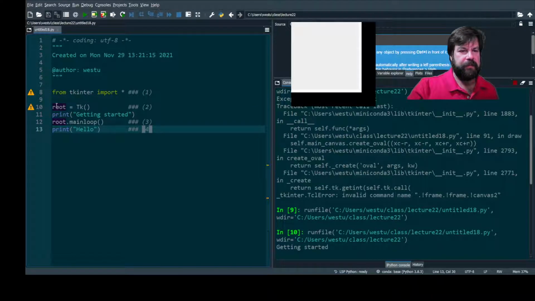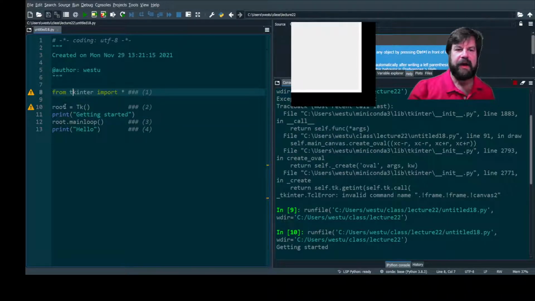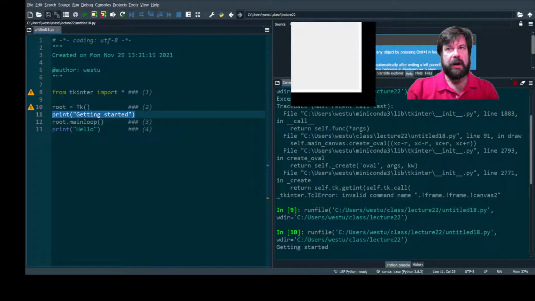All right, so we come in, we import the Tkinter library module. We create this Tk object, right? This is just another class. You can look in the Tkinter Python file and see what you're actually getting. And then we hit this print getting started. And what I want you to note is that when we hit this print getting started, we brought up this